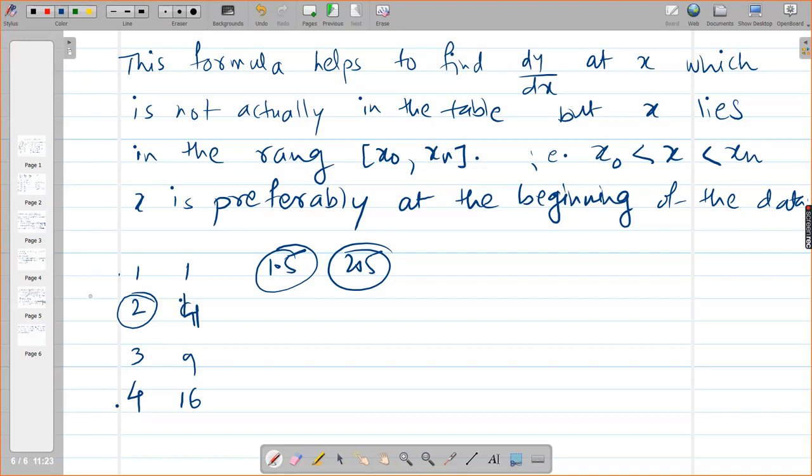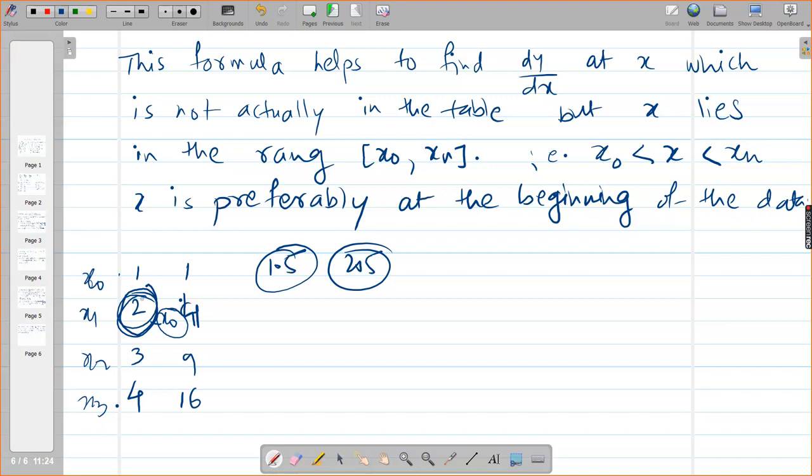Yes, ma'am. I want to find out derivative at 1, 2, 3, 4, etc. So 2 is at the beginning of the data. So what I will do, see, usually I am calling this as my x0. This is my x1, x2 and x3. But if any value is given actually in the table, you set this to be your x0. If it is in the beginning, then we will be focusing on forward difference formula. So we will set this to as x0 and accordingly next differences we will consider. That you will understand in the problem itself what I am saying right now.